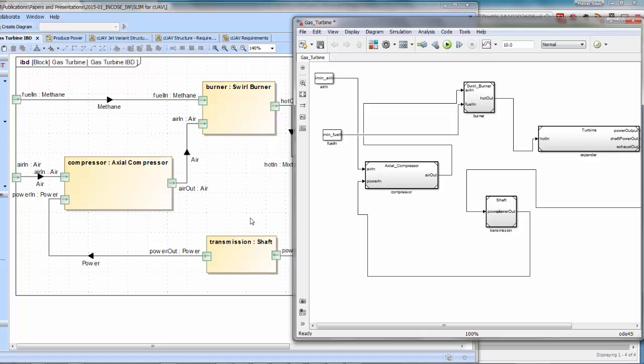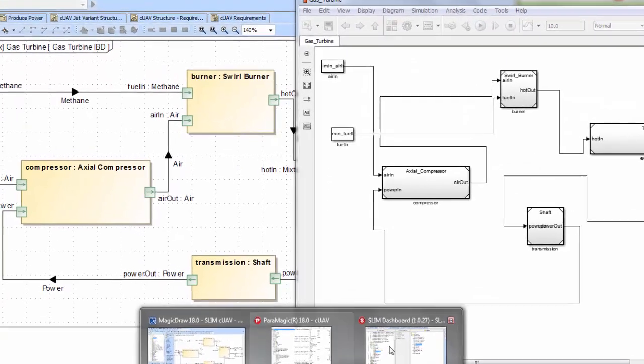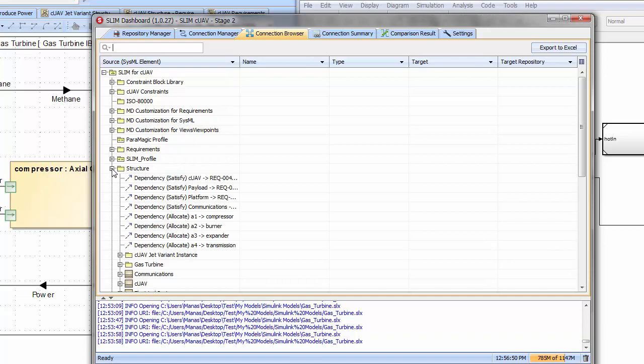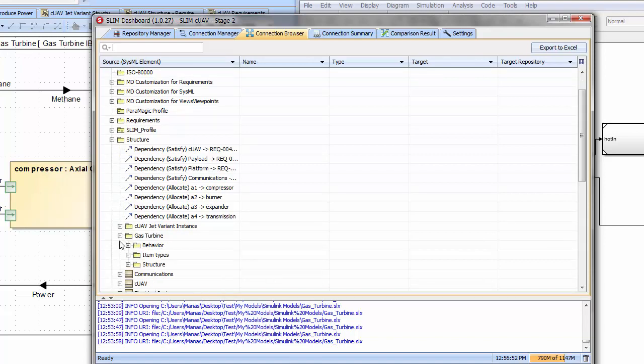We are showing this for a simple model, but if your IBD was complex, with many parts and many flows to it, it does make your life much easier to have that skeletal model automatically generated. And as I mentioned, in the usual SLIM style, what's also happened is that the gas turbine now